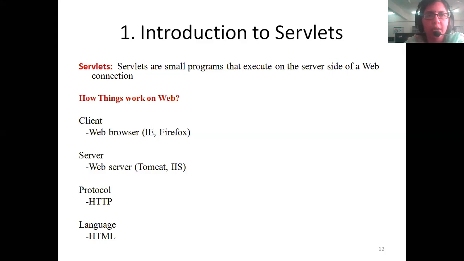In web programming, have you studied JavaScripts? So what do JavaScripts do? JavaScripts deal with client side technology. Any changes that you want to make on the client side, you deal with it using JavaScripts.